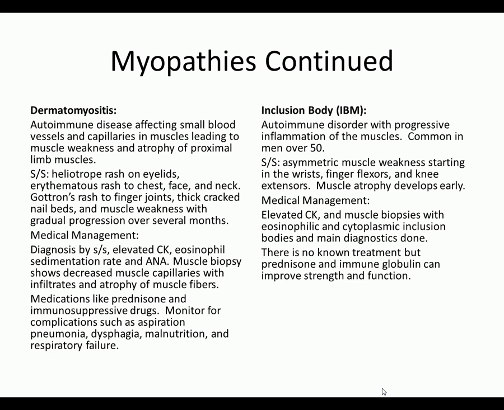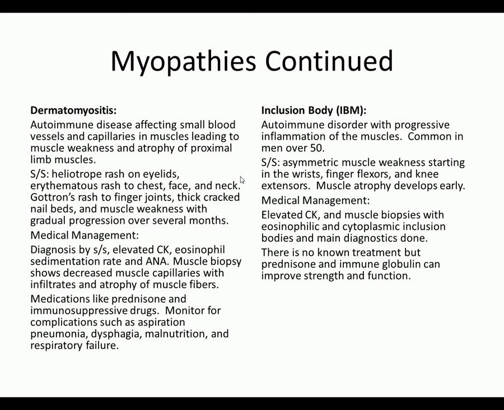See the medications on chart on page 1507 and 1508 for these patients. Okay, you're going to give prednisone and immunosuppressants. Monitor them for complications, like I said before. Okay, inclusion body myopathy, or IBM, is an autoimmune disorder, a progression of